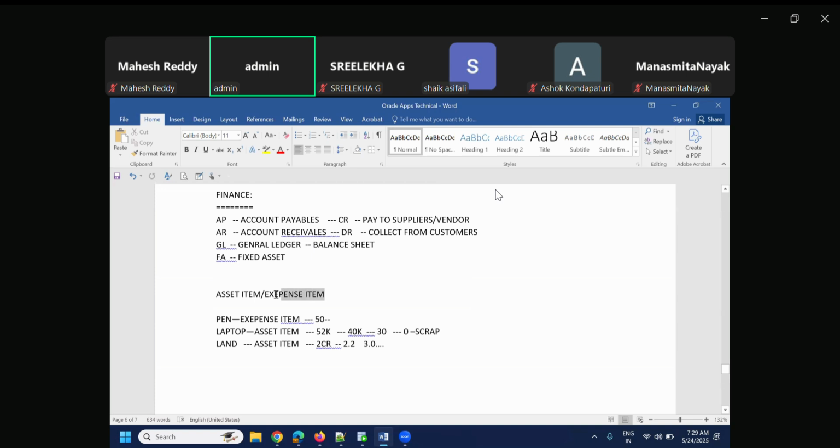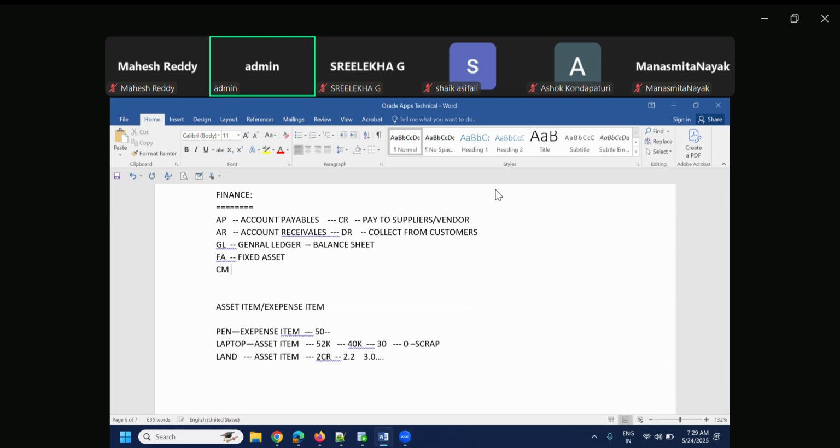Nothing. Okay? We are using the expense items and throwing them away, maybe in the dustbin. So there is no need to calculate depreciation or appreciation for expense items, only for asset items. Whenever you purchase any asset items using the tables, it will go to the FA module, which is nothing but fixed assets. So at last, we'll go to CM, nothing but cash management,